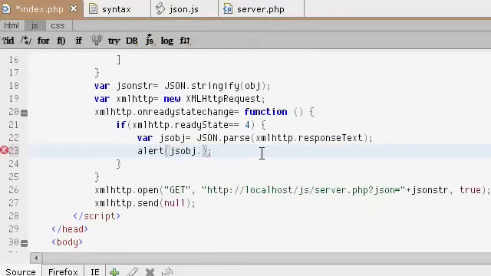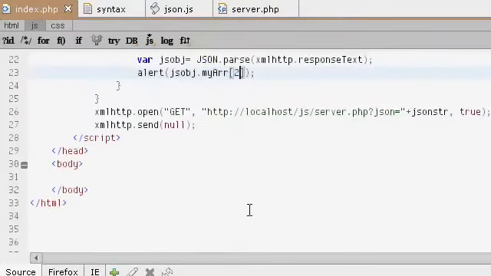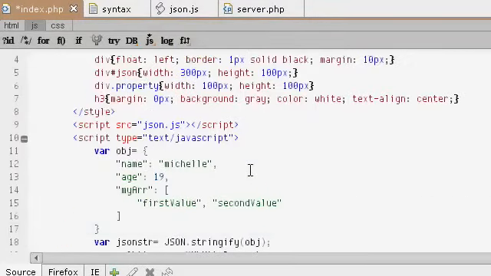To access the array, you write the name of the array, myArr, and the index. Let's access 2. This should give us nothing. We should write 1 because 1 is the second index, and it should give us the second